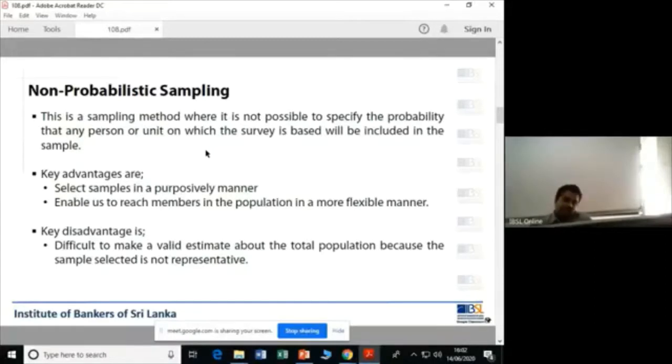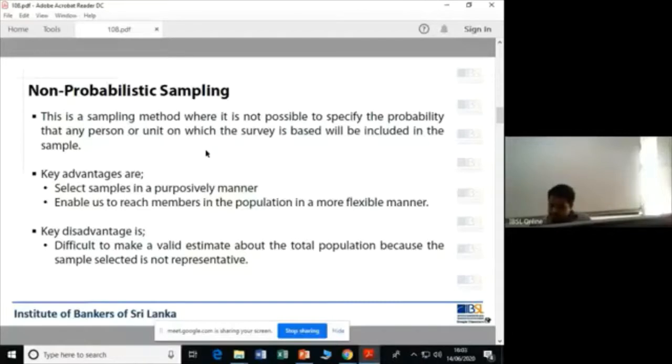These are some of the key advantages. You could select the sample in a purposive manner. That means you can purposely select the set of people the researcher wants. And also, it will enable us to reach members of the population in a more flexible manner. Now, in our class example of 1.5 million A-level completed students,